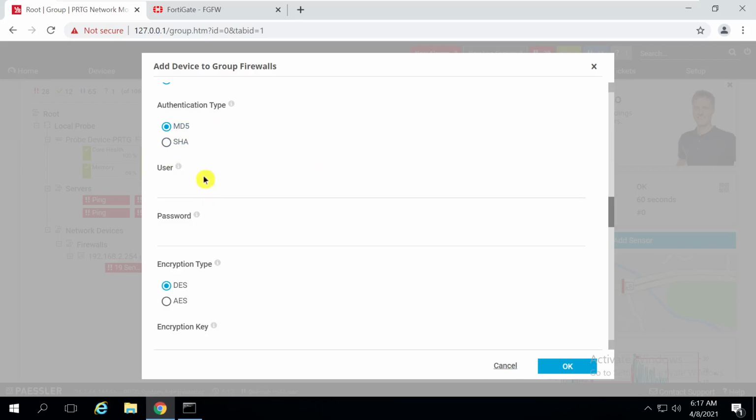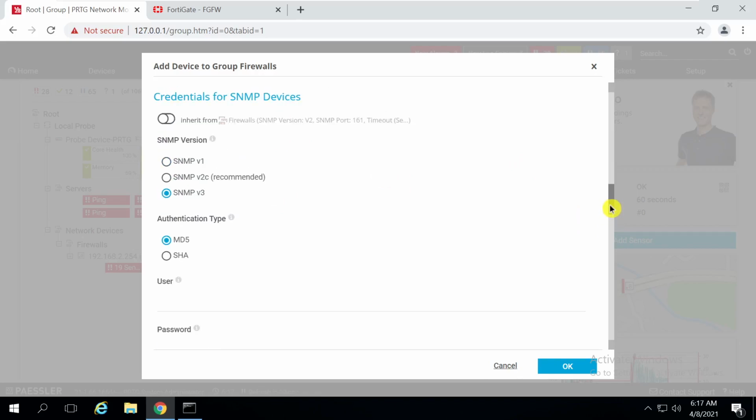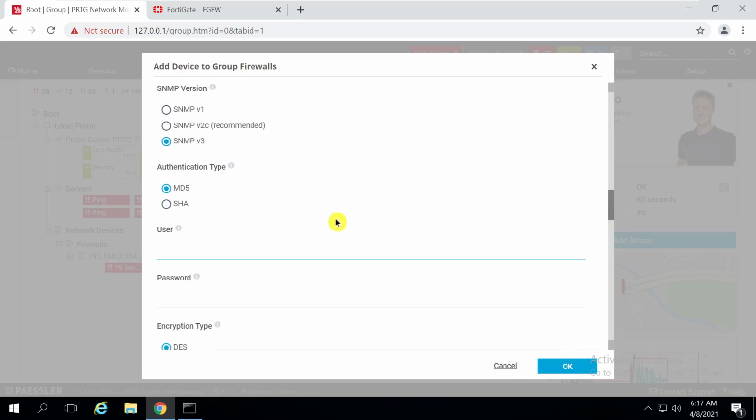You can configure authentication only, or without authentication and without encryption. We have three methods of configuring version 3: first, no authentication and no encryption; second, authentication only; and last, with authentication and with encryption.